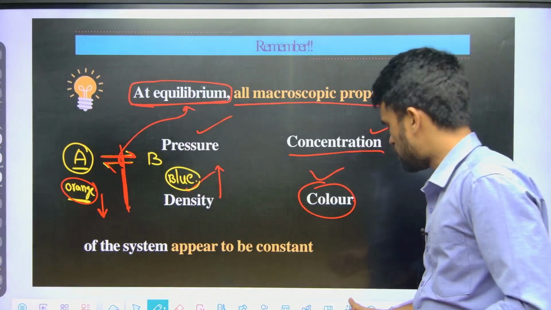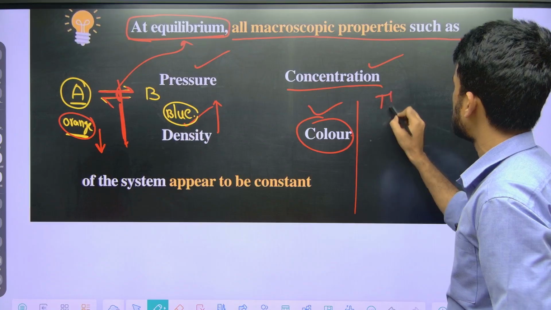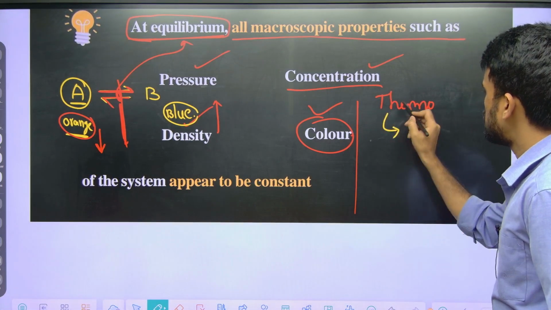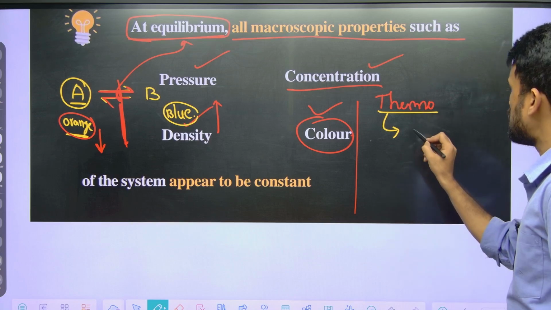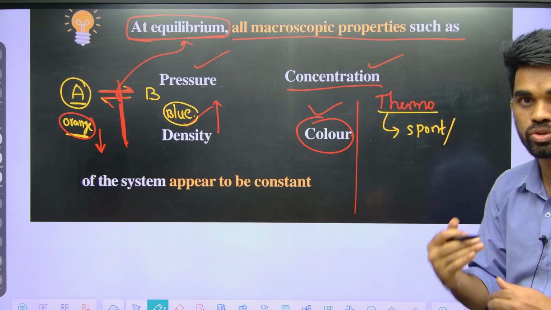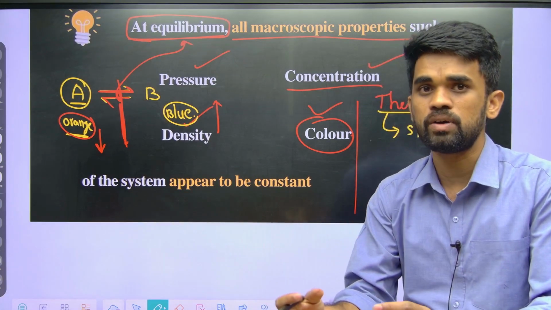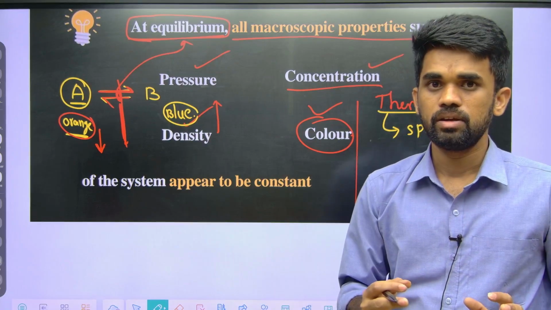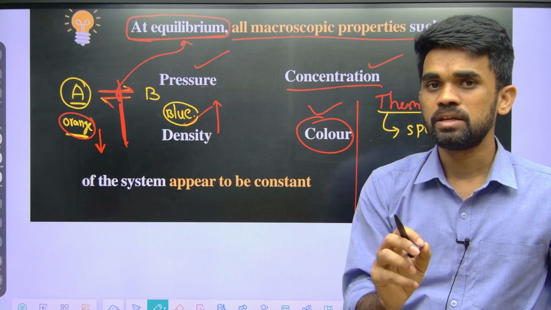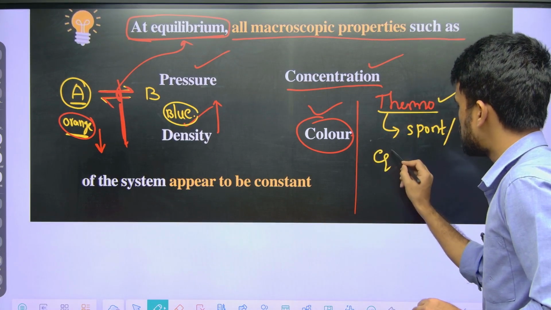So again, what is the use of studying equilibrium? In the last session when I explained thermodynamics, I told you that thermodynamics helps us to say whether a reaction is spontaneous or not. That is, whether a reaction happens naturally or not, or for a particular reaction what are the conditions required to make it happen, like how much temperature is needed, if I increase the temperature what happens, that is what we discussed in thermodynamics. Now this equilibrium chapter explains